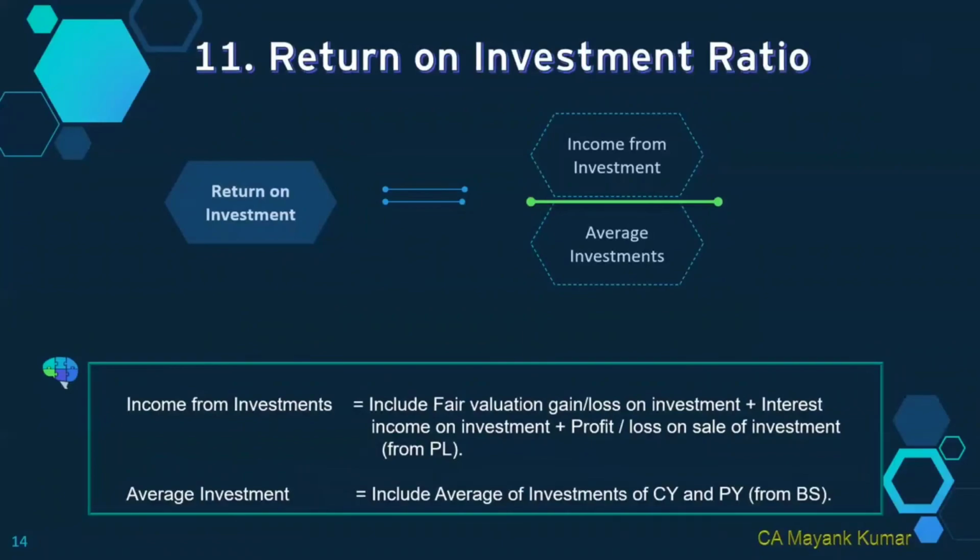Last ratio is return on investment ratio. So return on investment ratio is quite simple, that you divide the income from investment by the average investment over the period. Income from investment will include all forms of investment income. It will not only include profit and loss on sale of investment, but it will also include interest income on investment, like interest income on AIF, interest income on debenture, interest income on perpetual bonds, plus